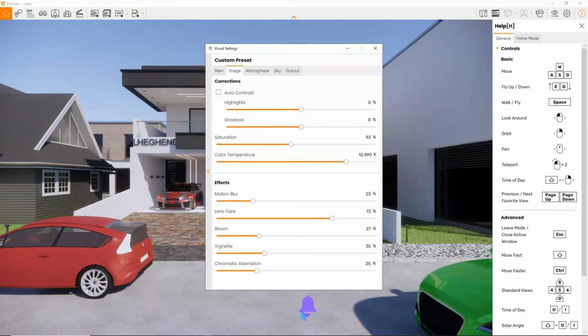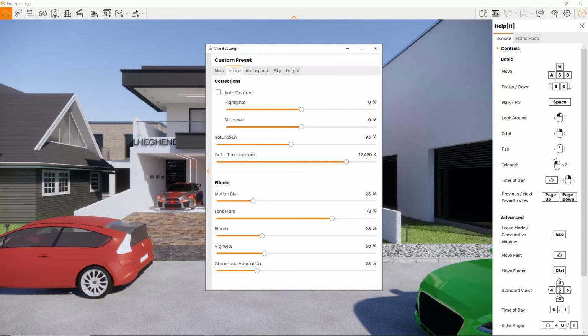So you first put on, if this should be equal, that is at least what I use. Highlights and shadows should be equal, 0 or 50 or 60, and motion blur and all that. However, this is very important for you to know. If you lower this, it means light won't be reflecting on the surrounding. However, if we make this a bit higher, like let's say 30,